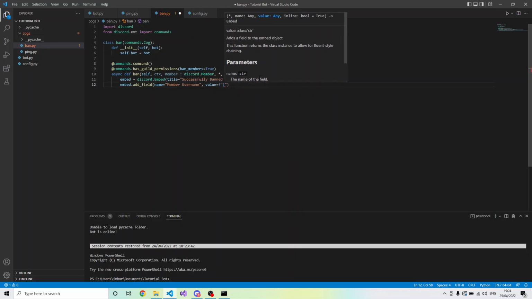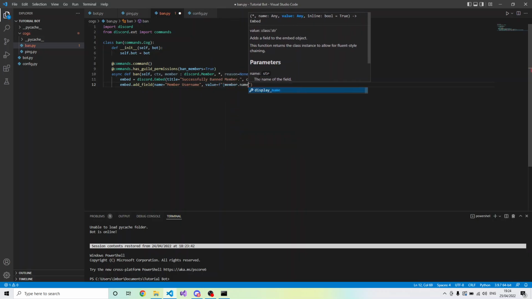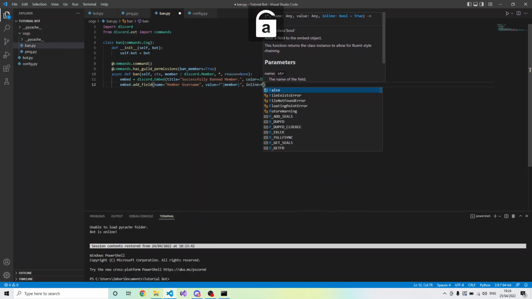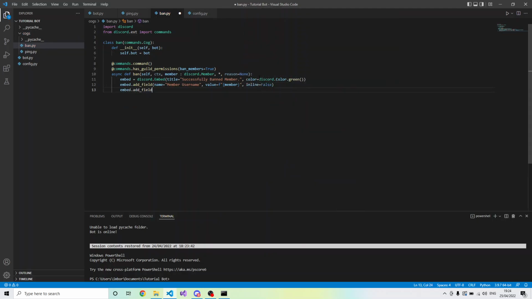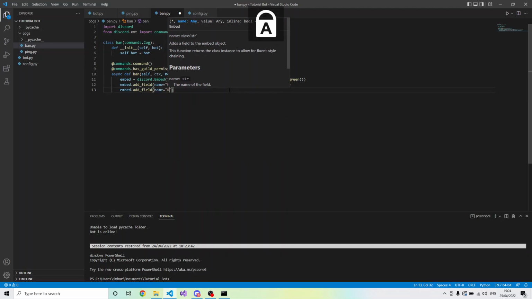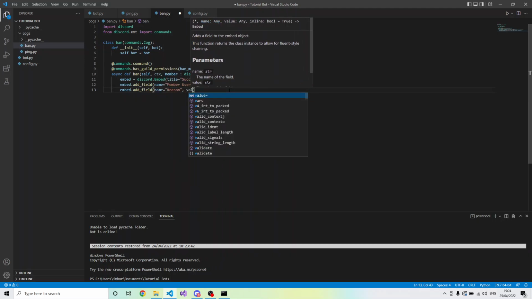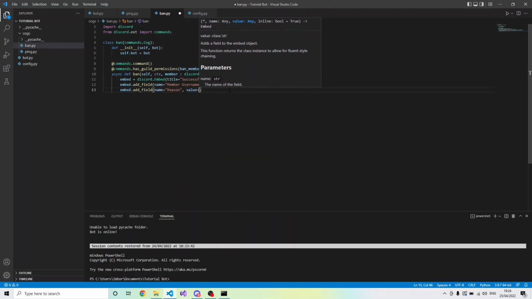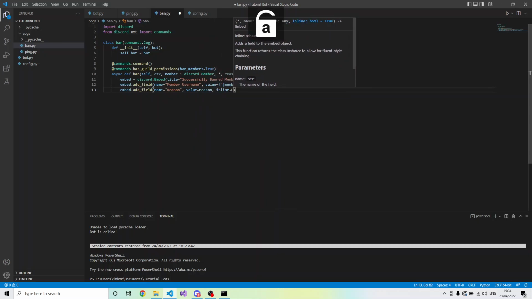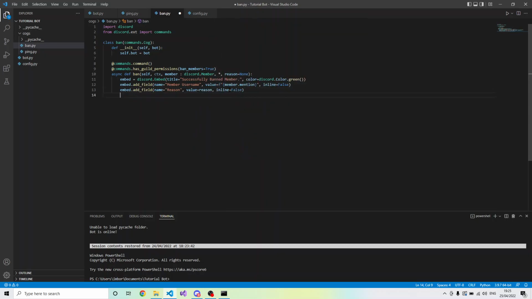Enter in our member, I guess we could just put member, inline false. Oh wait, we can do even better, we could mention it, and we can set our reason value equals f, then we could just do reason like that, inline equals false. Now up here we're going to do from datetime import datetime,